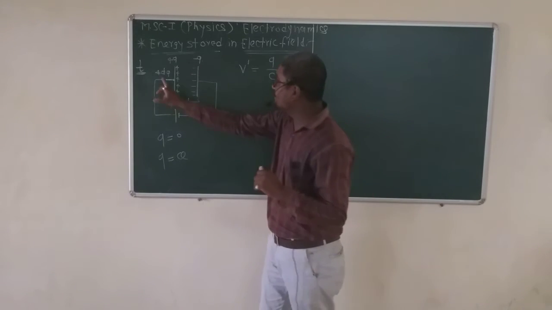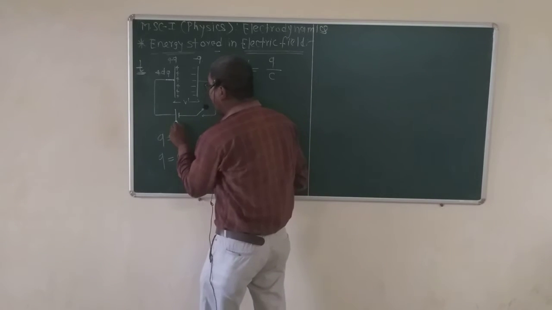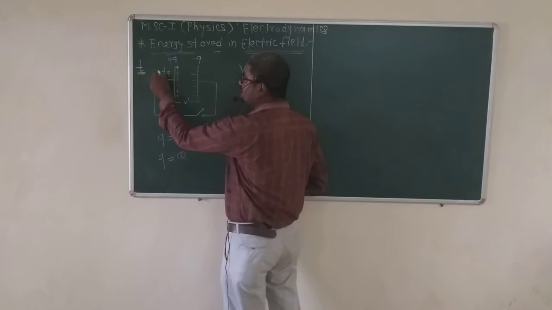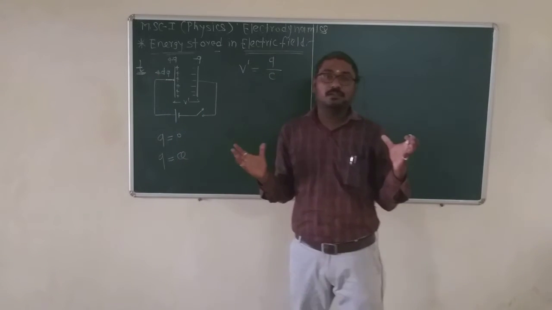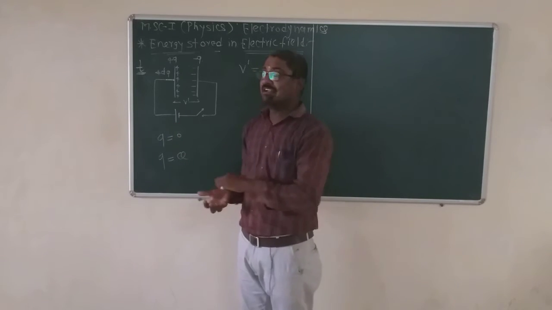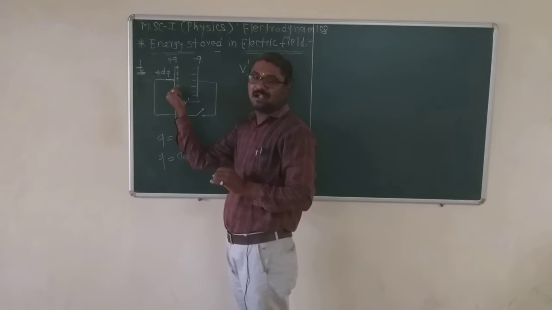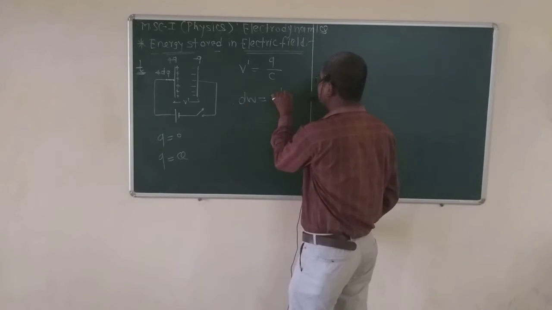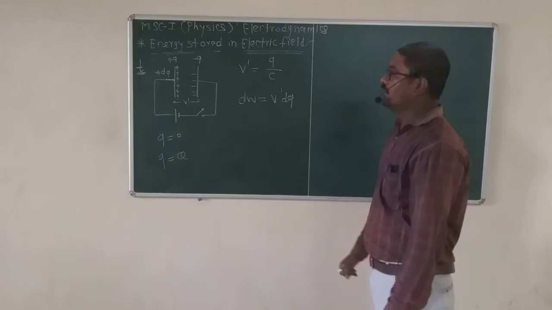with each other, but this positive and this positive charge will repel each other. That's why the cell does the work. The capacitor needs this plus dq charge, but the positive charge repels it. That's why the work will be done by the cell or battery, and that dq will be provided to the capacitor, and that work done is dW equal to V' into dq.